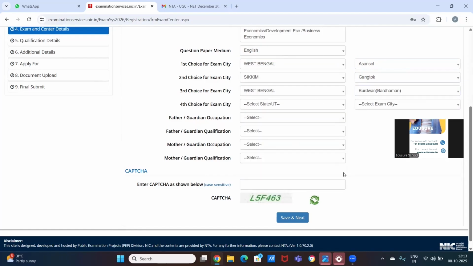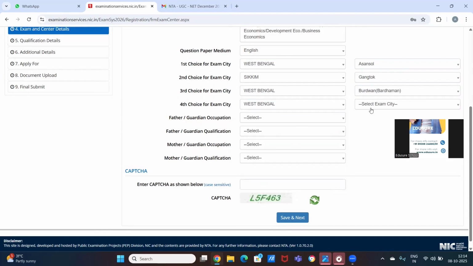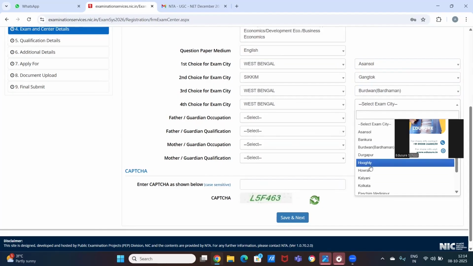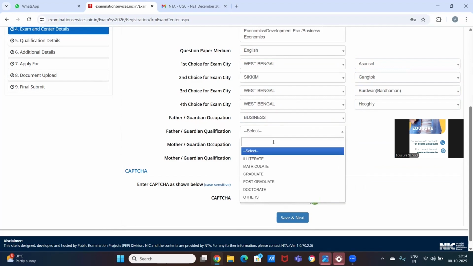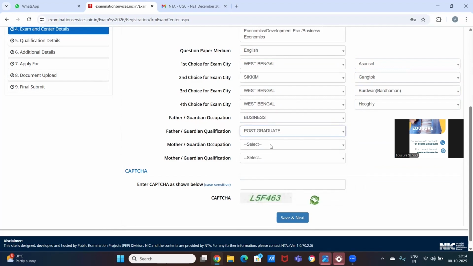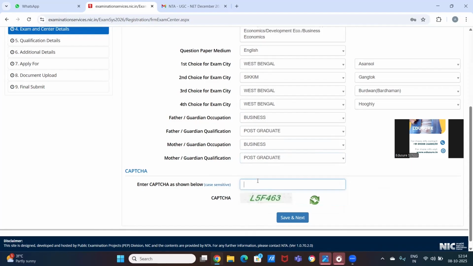And fourth choice. And then choose your father's occupation, their qualification, same for your mother, their occupation and qualification, and then enter the captcha.